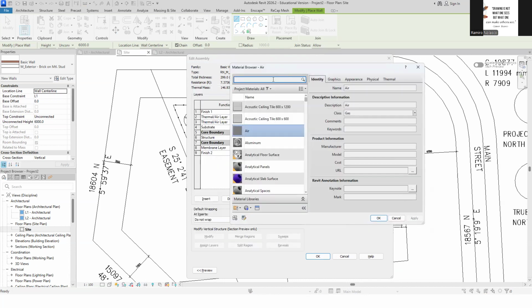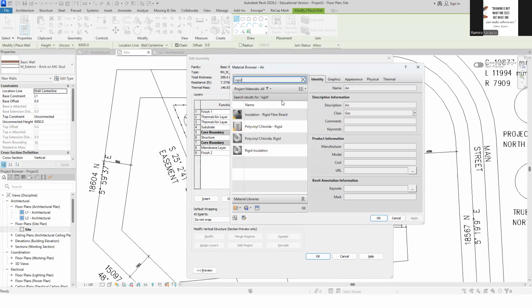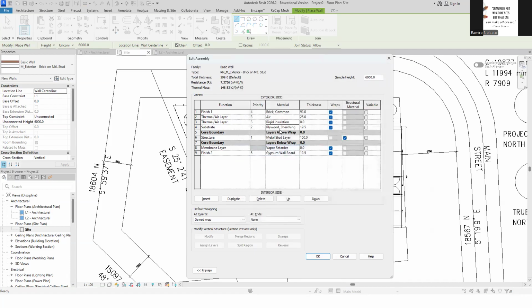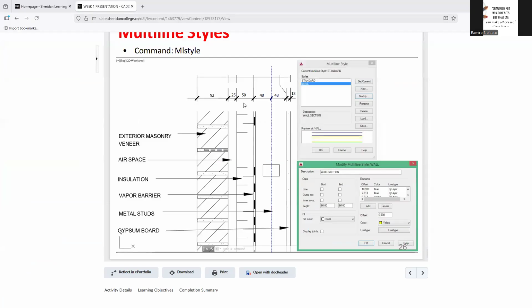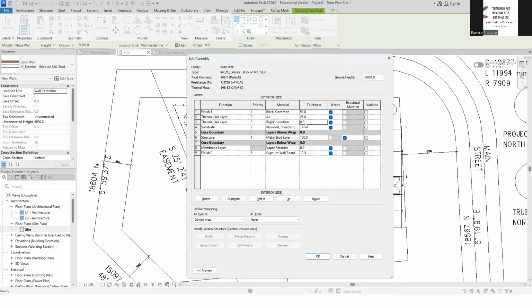And then you select or look for rigid insulation. Click OK. So the material is now rigid insulation and the thickness is 50. So change this to 50.